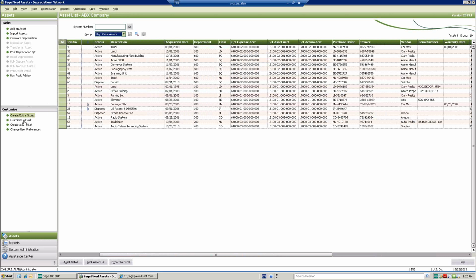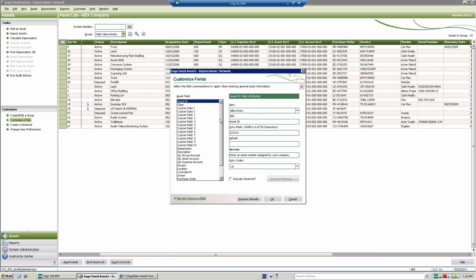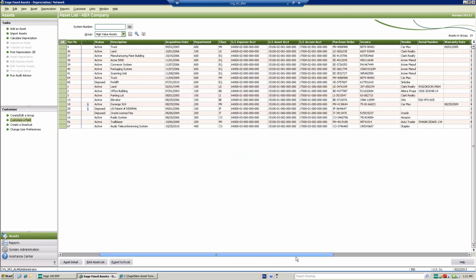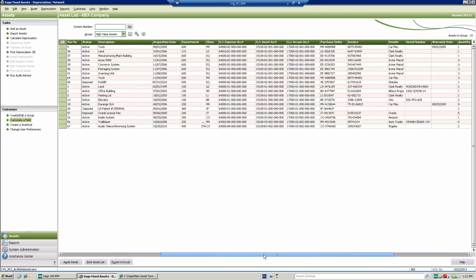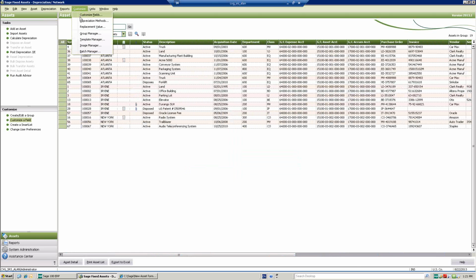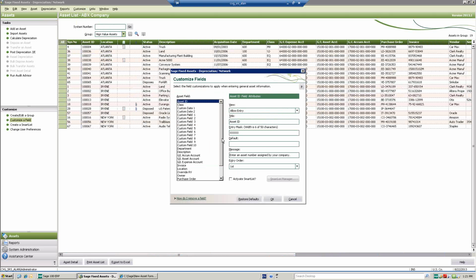So if I go into Customize Fields, here's a list of all the fields. And if there's a field that's showing up that's not being used, like for example, I don't use something called an owner, I can just go ahead and hide that field, and that would remove it from my list of columns. Okay? Or if I wanted to customize some fields, and let's say we added a new location, I could click on my location, and